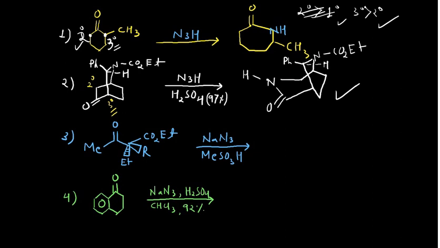This is something very, very important. The group which has the higher migratory aptitude will migrate to the higher extent. This is how you can understand things. And you may try another example also. You may insert your group in some other way also.